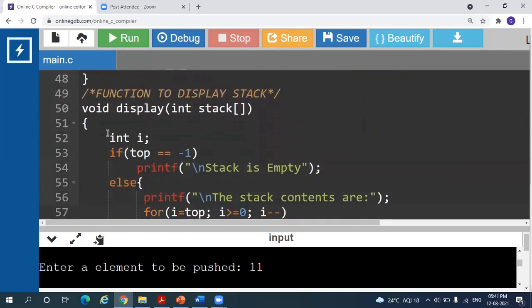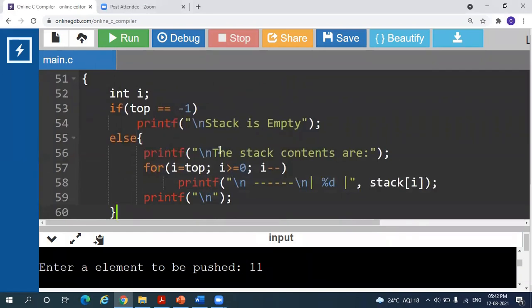So this is the display function, void display, and here we have defined variable i. If top is equal to -1, if it's already empty and they're asking us to display the stack, then we'll print stack is empty. That's it. Else printf the stack contents are.